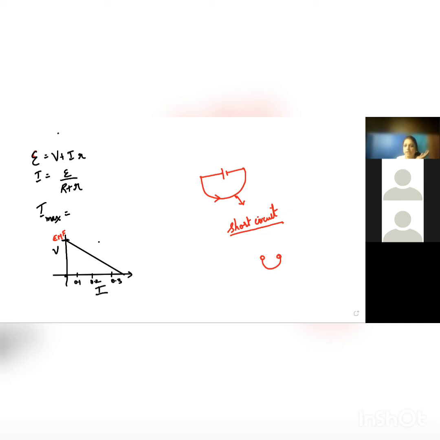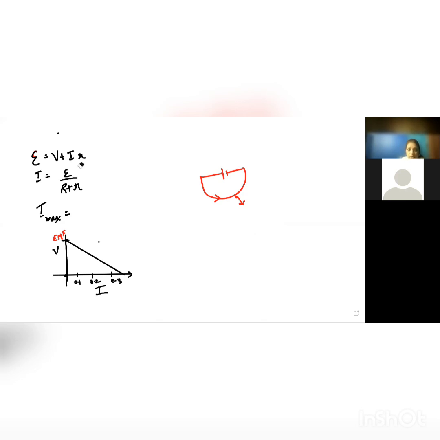It is very harmful and dangerous, and it's going to cause damage, everything. So please don't do anything like this in the labs or anywhere, even in your house. It's very dangerous. So this short circuiting means R is equal to 0, and the maximum current I can